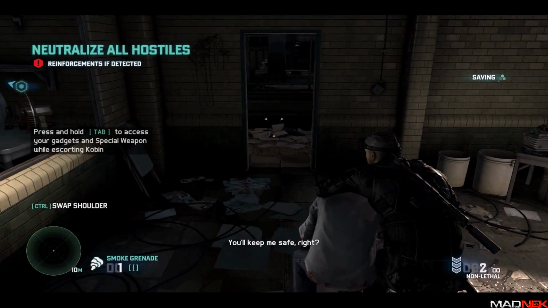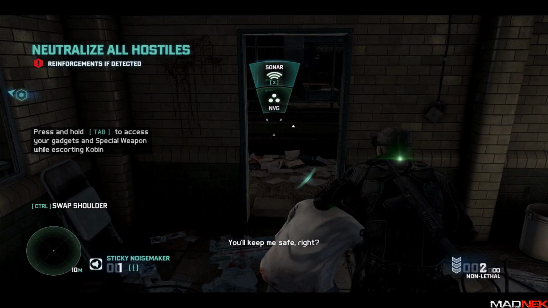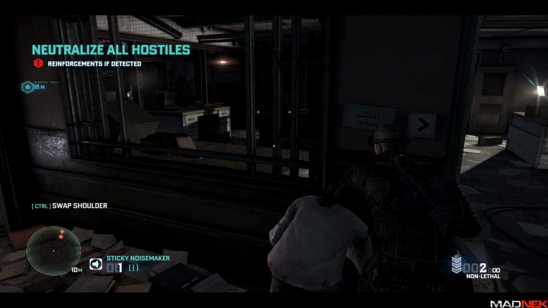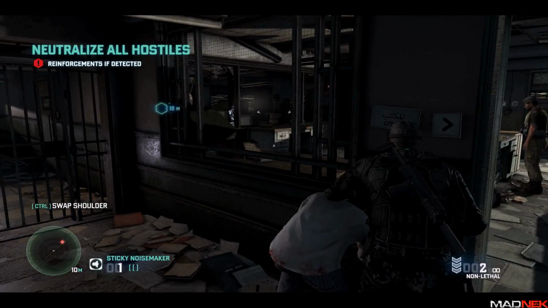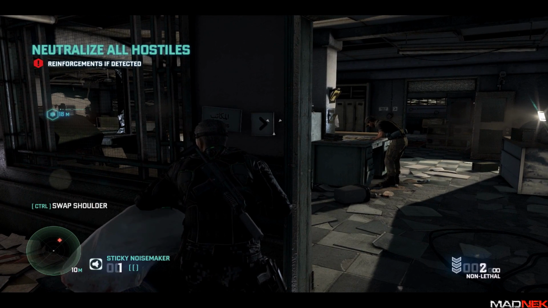Okay. You'll keep me safe, right? I'm going to trigger the sticky noise maker. I'm not going to use it, but I'll equip it just to make sure that I won't throw a smoke grenade by mistake. The sticky noise maker I can kind of use to avoid attention, but the smoke grenade is problematic. I am trying to sneak around him, avoid him completely, but it does not make any difference